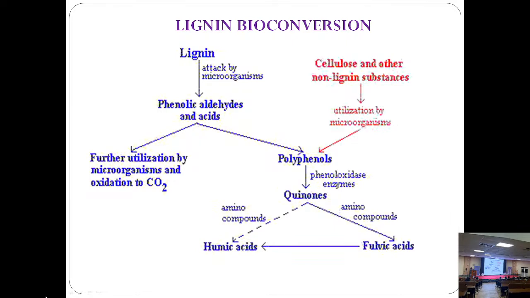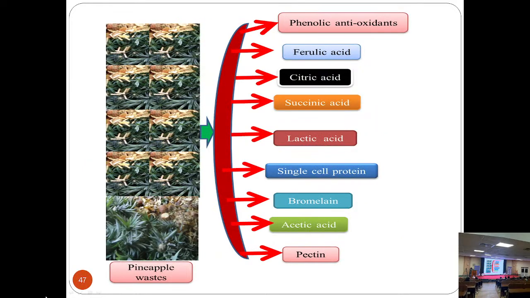As on the first slides, I have already told you, all the conversion of this cellulose part will go for the fuel part, and from this slide we will go for the conversion of this, and through this we can go for all sorts of acids. Next. So it is very clear how this pineapple biomass has been converted to so many types of value-added products, such as ferulic acid, citric acid, or succinic acid, and they go for my lab also.